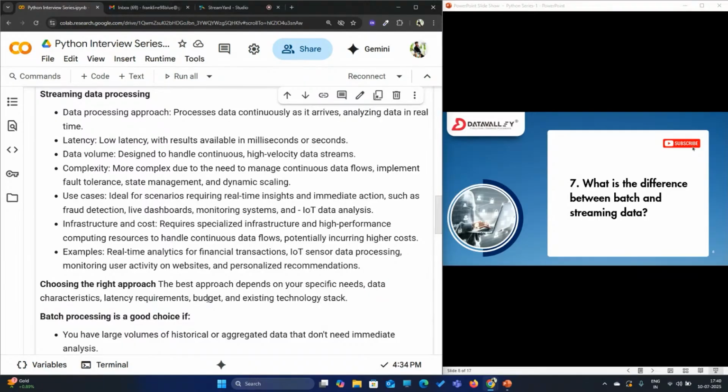Talking about budget, batch is budget friendly, and streaming is a bit costlier because you have a lot of infrastructure, and you have to make sure that you have a fault tolerant architecture to handle all your transactions or your high volume of data, high velocity of data. So the budget is a bit higher for real-time streaming. And you also have to consider what your existing technology stack is. So depending on that, you can come to a conclusion about what kind of processing we need for the